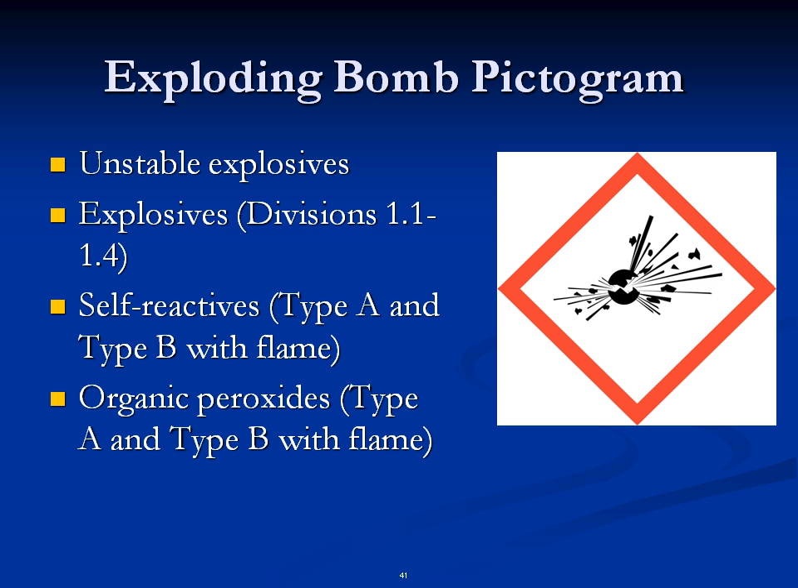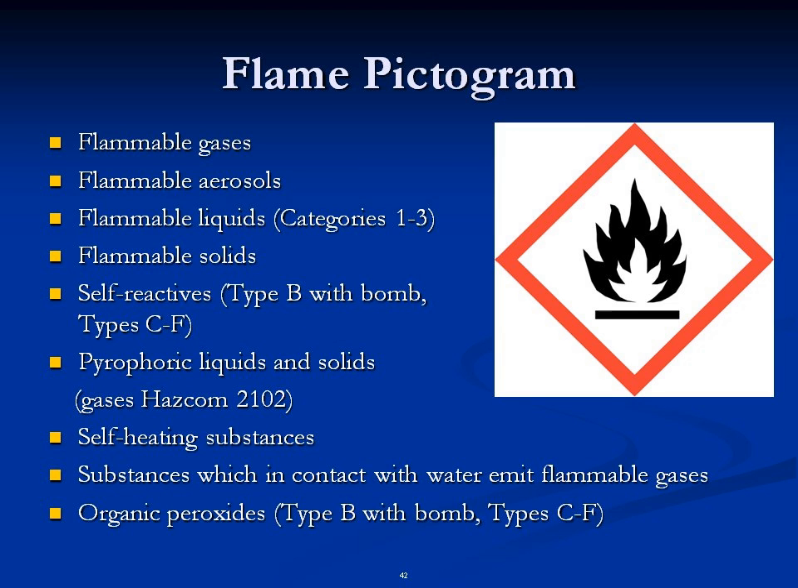There are, as I mentioned, 8 pictograms in the GHS, and where there was a symbol, the symbol being the black stuff on the inside here, where there was a symbol used for that hazard for transport, that got adopted into the GHS. And so we have unstable explosives and self-reactives and organic peroxides getting the explosive pictogram, the exploding bomb. The flame pictogram is used for all flammables, so flammable gases and aerosols and liquids and solids and